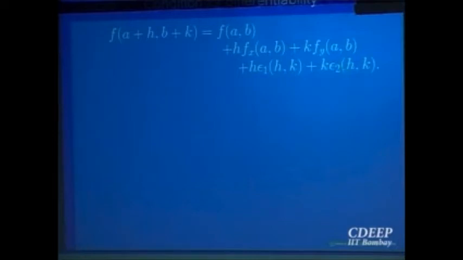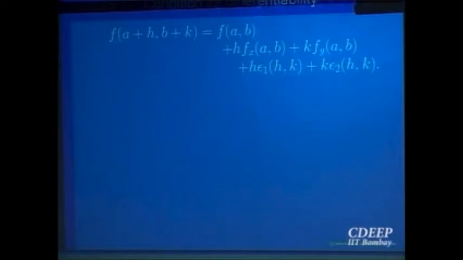F at a nearby point, so f at (a plus h, b plus k) is obtainable as f at (a, b), the value at the point, plus you look at what is the rate of change in x direction, what is the rate of change in y direction, give the suitable approximations, h times fx, right, that is a linear thing in x variable, k times fy, that is the other direction, y direction, plus error, what is the error, h times epsilon 1 plus k times epsilon 2. So if this is satisfied, then you say your function is differentiable at the point (a, b).